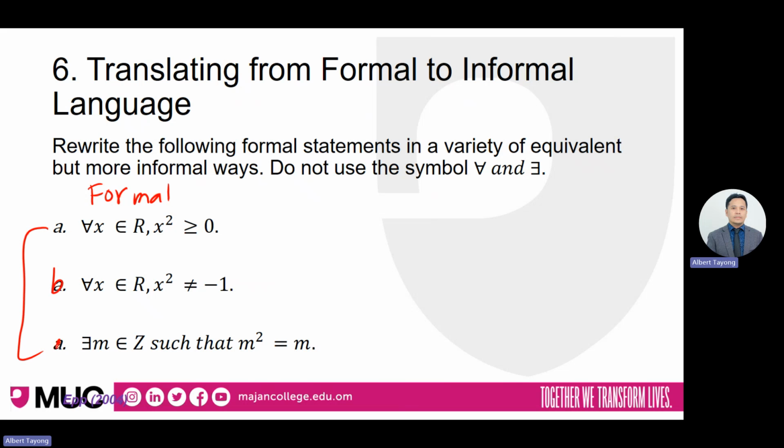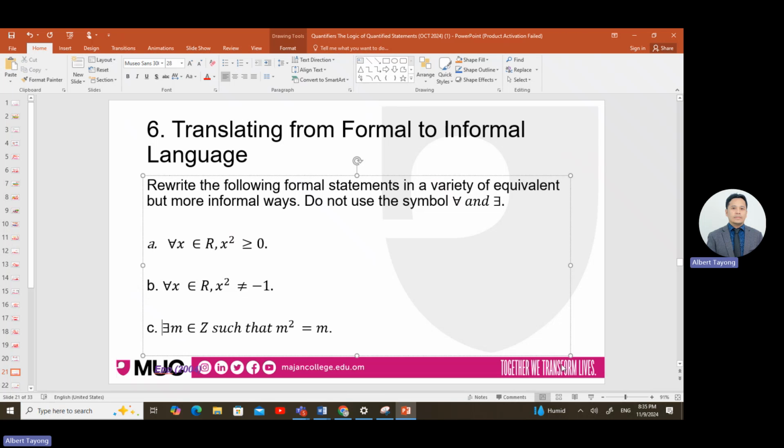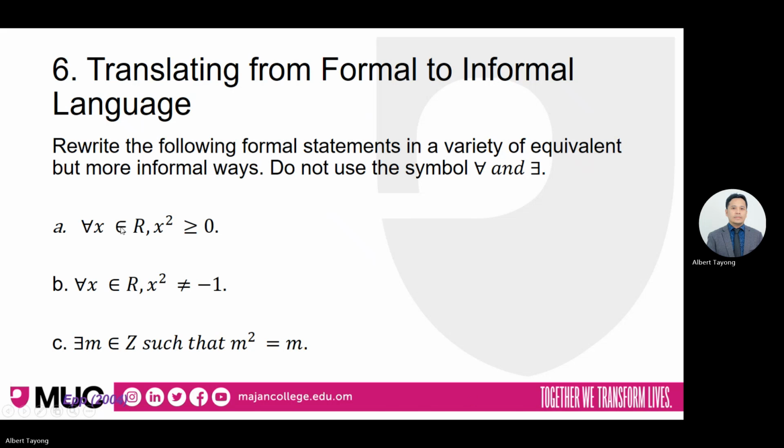This is B here, this is C. This one is B. And here we have C. All right, so it's very easy to change from formal to informal. Just left to right. So start from here, you say all, then the domain are real numbers,